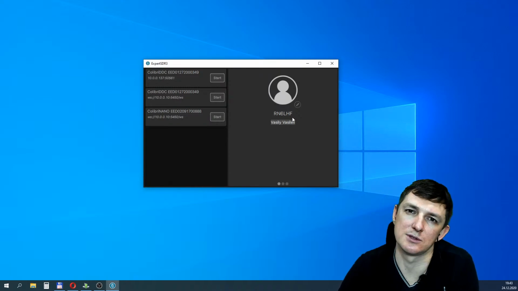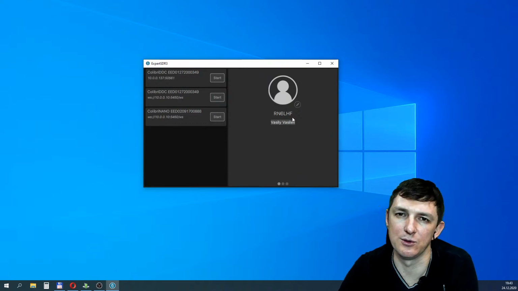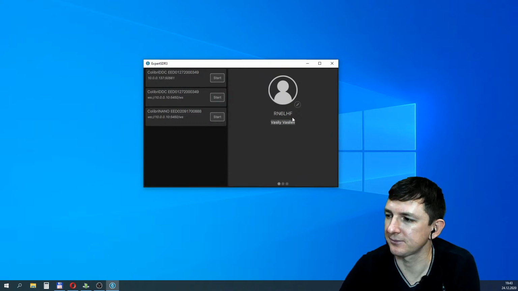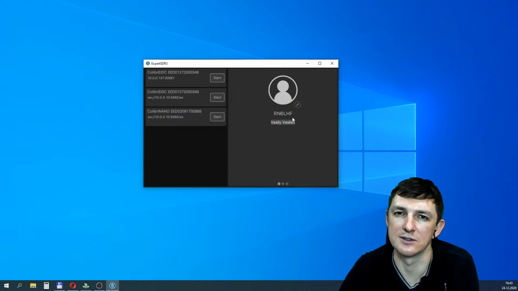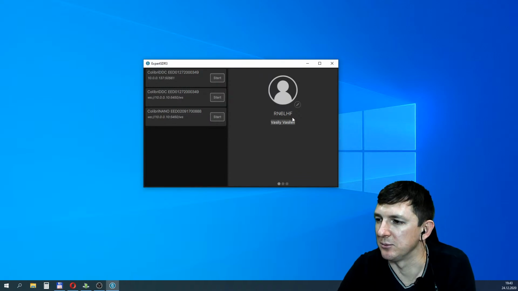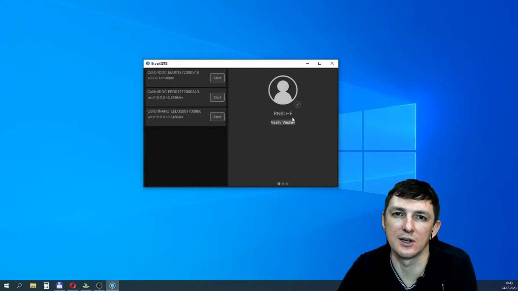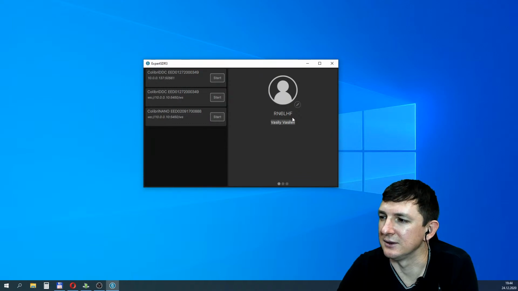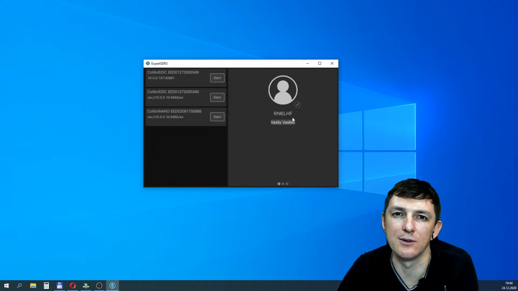Just use clouds, and if you know how to adjust it, you can use direct settings connection between it. It's interesting, and we have a new main feature of our cloud service.